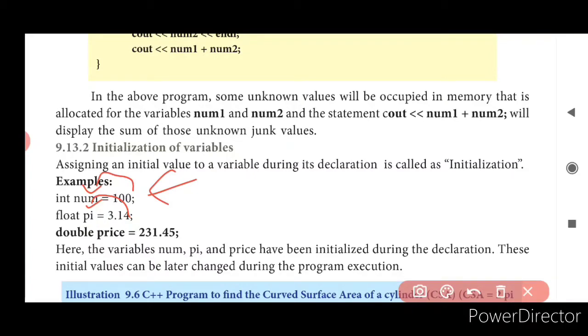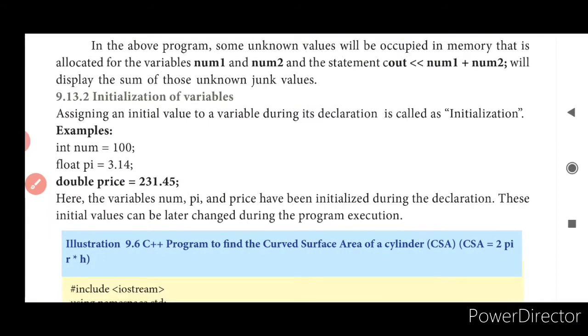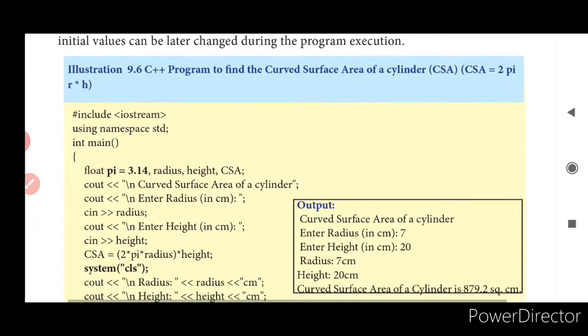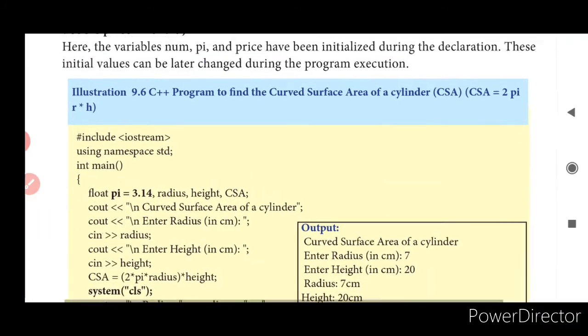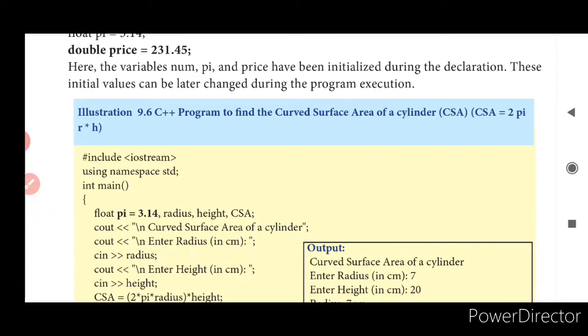Double price, this is also a float value, right? This is assigned to what? Your price. Yes. That is what is termed as initialization.